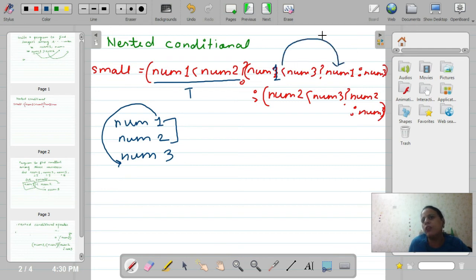If it is false, num1 is not less than num3, so num3 is less than num1, and num1 is less than num2. It means num3 will be the smallest one. If the first condition is false, then the compiler will go here and check num2 and num3. So this is how we write the smallest among three numbers.